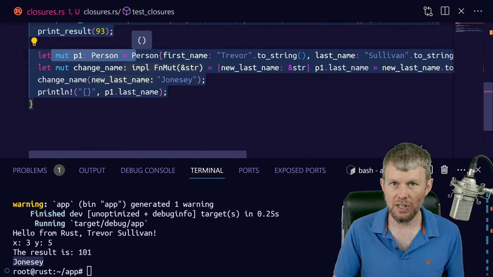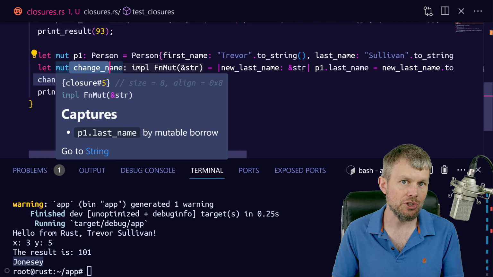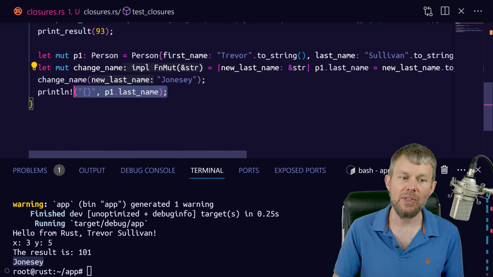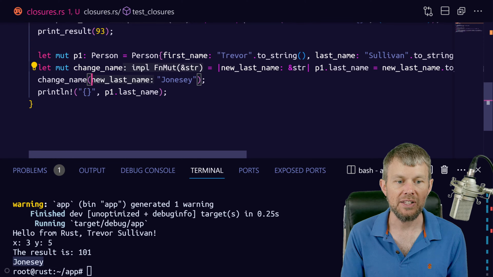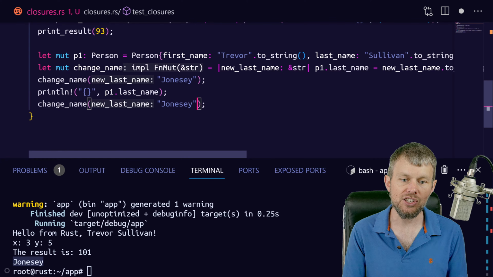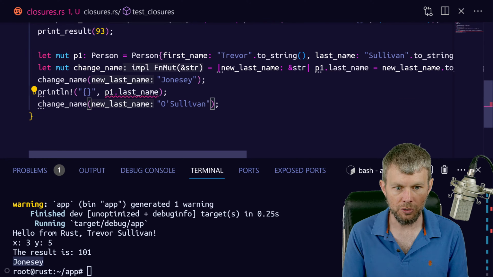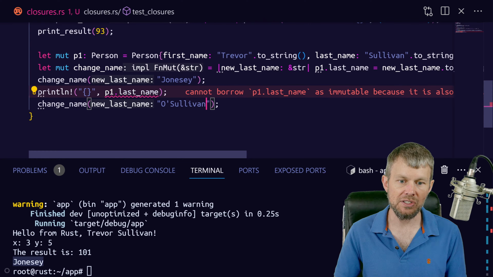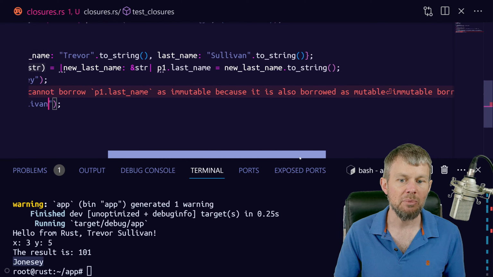First, we instantiate the person. We initialize that value. Next, we declare the closure, but we don't call it. Next, we call the closure, and then we print out the last name. But watch what happens. Let's say that we duplicate this line where we invoke the closure, and let's change it to a different name, like maybe O'Sullivan, okay? Guess what happens? Well, once again, we get this error message that says cannot borrow p1.lastname as immutable because it's